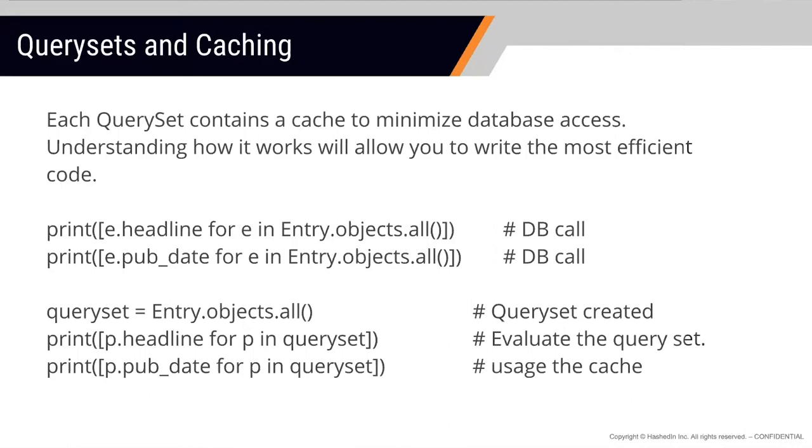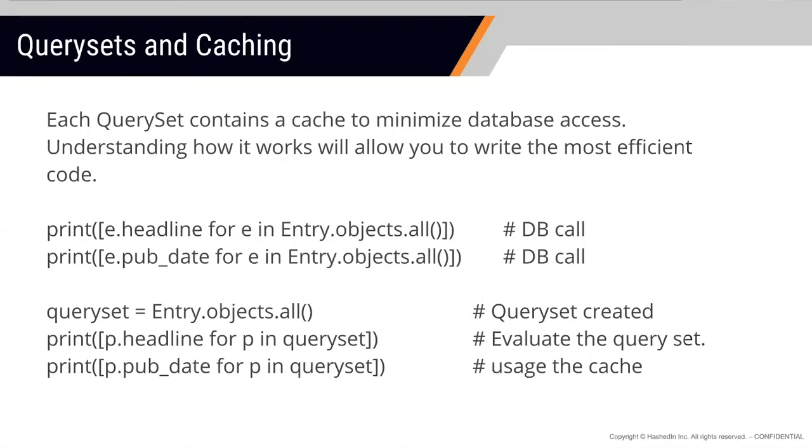So if you see print e.headline from Entry.objects, it makes a DB call, right? If you write the same line again, then again it makes a DB call. But instead of that, if you create a query set for all the objects and then you use it, right? As soon as you write the line query set equals Entry.objects.all and you try to use it in the for loop, at that time it gets evaluated and now your results are stored in the cache. So you do e.headline, it executes the query set, and next time anything that you're trying to get from your query set, it will still use your cache, right?